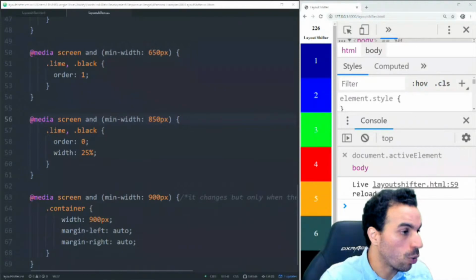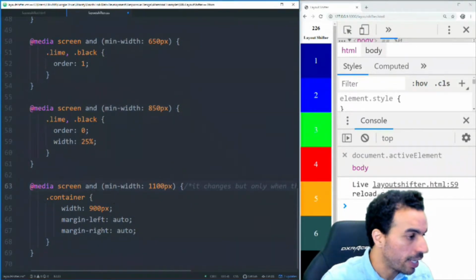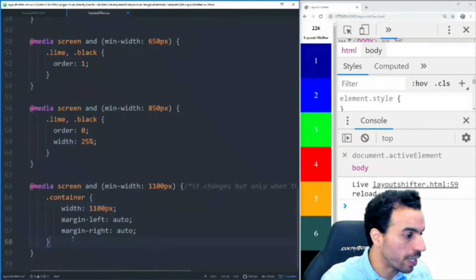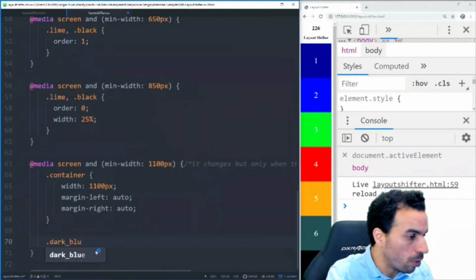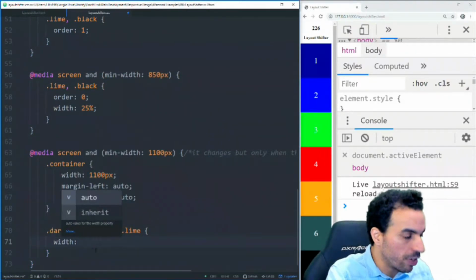Okay, so our last breakpoint will be 1100 pixels. The container, you have a fixed width of 1100 pixels. 1100 pixels, okay. And you have the dark blue box, the blue and the lime with a width of